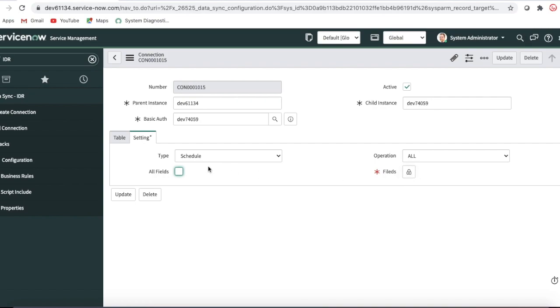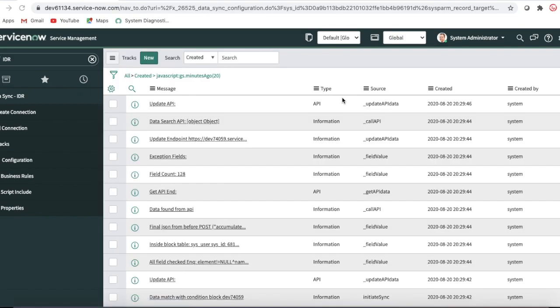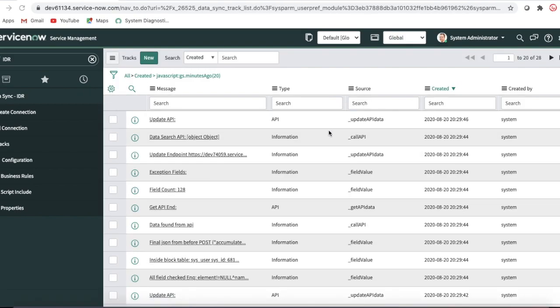Okay, and we created a track table. In the track table you can track any of your transactions. Whenever any record is created, all this information will be sent from production to the non-production environment, and a log will be written to the table. Here all the information will be available.